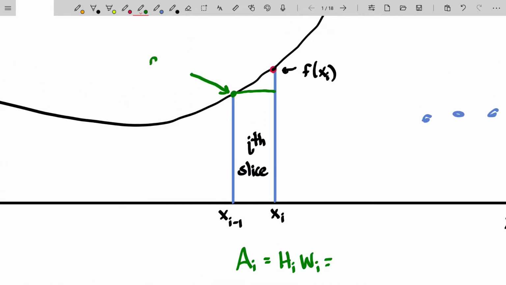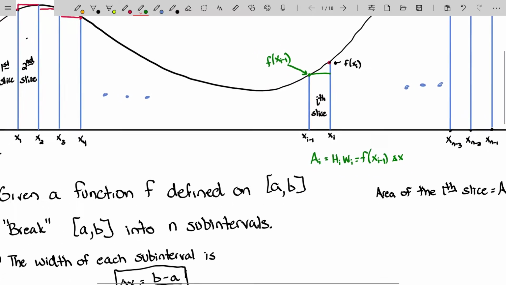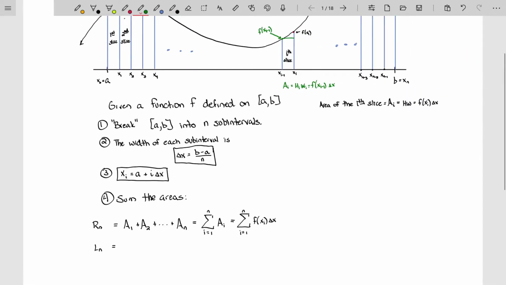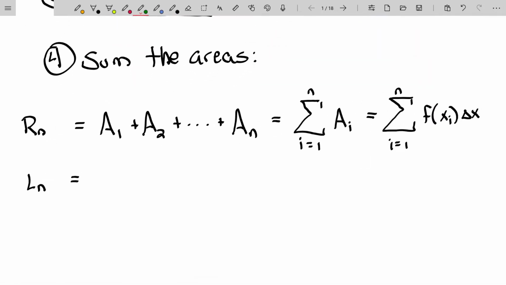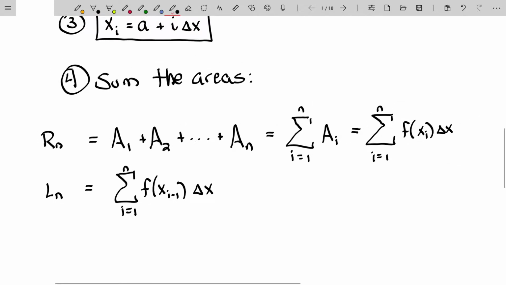The height of that ith slice is f evaluated at x sub i minus 1. So that would be f of x sub i minus 1, and its width is still delta x. So using that as the baseline for our Riemann sum, rather than f of x sub i, we're doing f of x sub i minus 1. That's the only difference between the two. So it's a summation, i equals 1 to n, same summation, f of x sub i minus 1 times delta x. Those are the right and left endpoint methods for approximating the area underneath the curve,